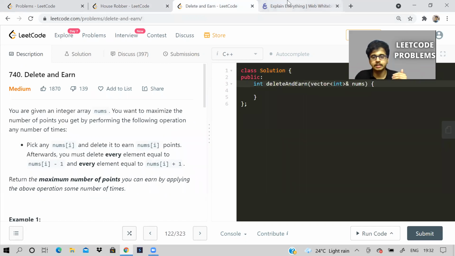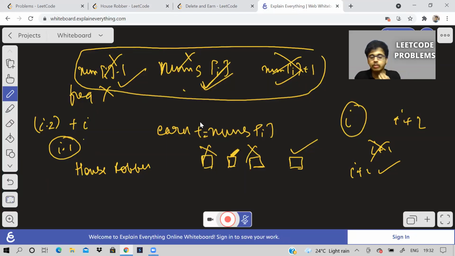I hope you're able to correlate that in the house robber example, if you're at a particular house, you can't steal from adjacent houses. In our problem, if you take a value nums of I, you have to delete nums of I minus 1 and nums of I plus 1. You have to delete all those values, which means you can't take those values for the total points. So ultimately, this problem will become the house robber problem.